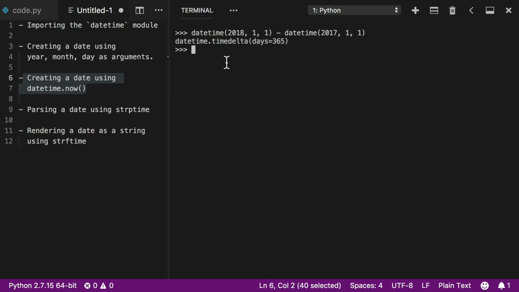And we can use these and combine them with the datetime.now. So for example, I could say datetime.now minus datetime 2018 January 1st. This will give me the difference between now and the beginning of the year. So it's been 318 days, 69,145 seconds, and 690,000 microseconds. And this is a really good way to figure out the differences between times.